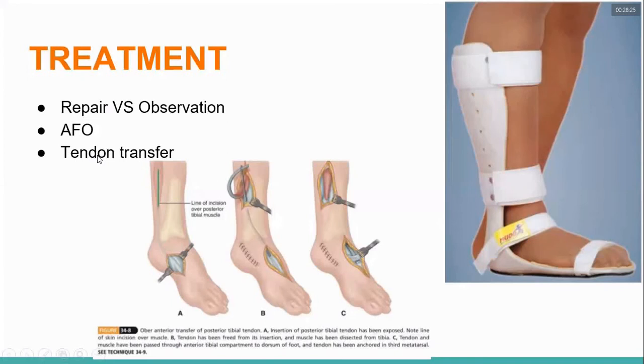So you can do a tendon transfer. For example, if you have a tibial nerve injury and your tibialis posterior is paralyzed, your tibialis anterior can also be transferred from the anterior aspect to the posterior aspect of the leg, so that it becomes an inverter of the foot. Your other dorsiflexors like peroneus tertius, extensor hallucis longus, and extensor digitorum can substitute for the tibialis anterior to take over as dorsiflexors of the ankle. So in those cases also you can do a tendon transfer.